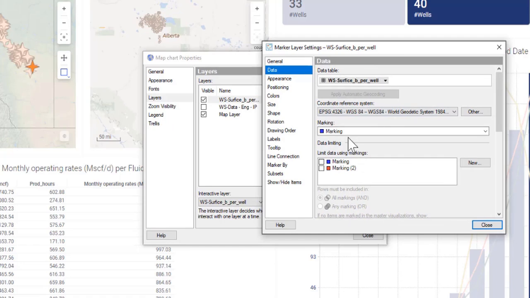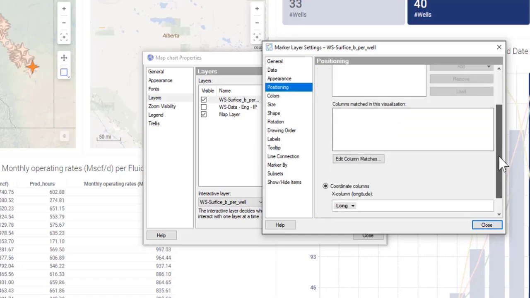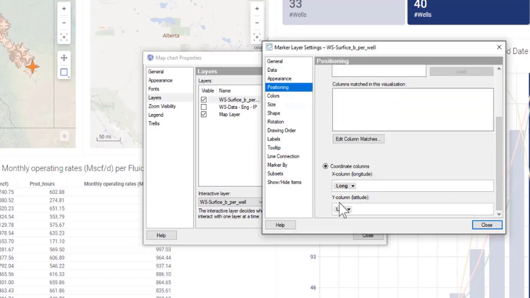So in this specific case, I want to ensure that this is coming from my marking, meaning it is marked on my first map. So I want to ensure that this marking is actually being considered here with the data that I'm displaying on this map. And then on the positioning, I want to ensure that I'm using my latitude and longitude, that it seems to be